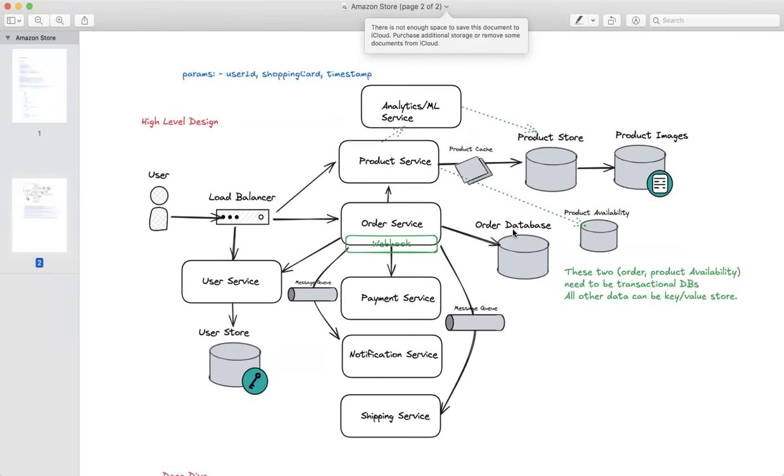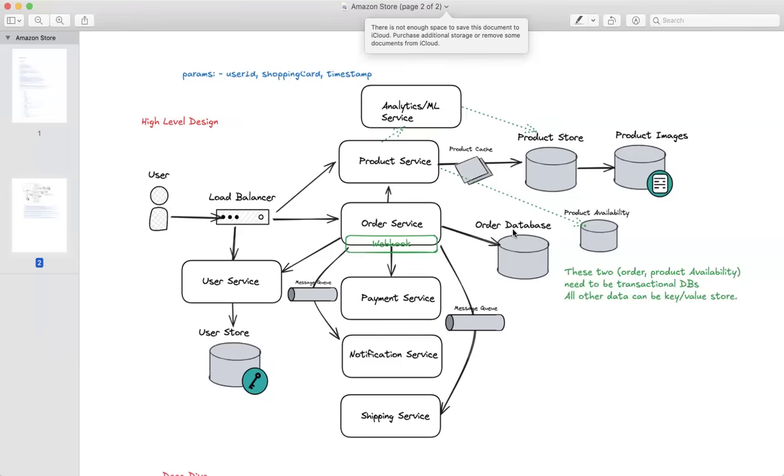There are many users that can reach out to our system, so there is always a load balancer needed, especially in online system design, which does rate limiting, security, caching, and it provides a layer of security and service discovery for all our